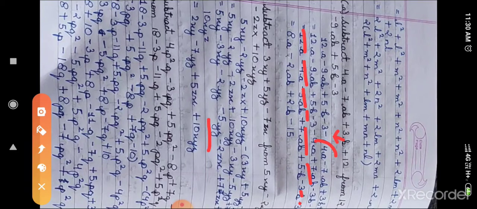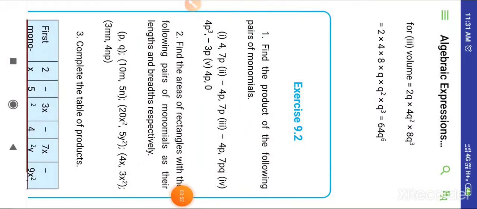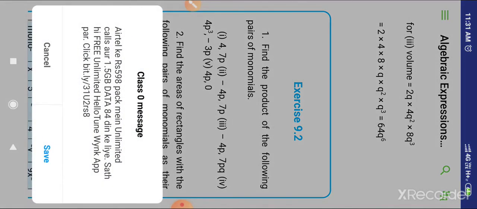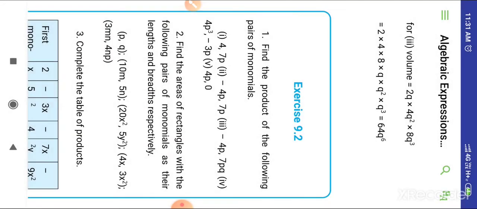Now move to our next question. Our next question is, population of Rajasthan is 570 lakhs and population of UP is 1660 lakhs. Area of Rajasthan is 3 lakh kilometer square and area of UP is 2 lakh kilometer square. In the first part we have to find how many people are there per kilometer in both states, and in the second part we have to find which state is less populated.